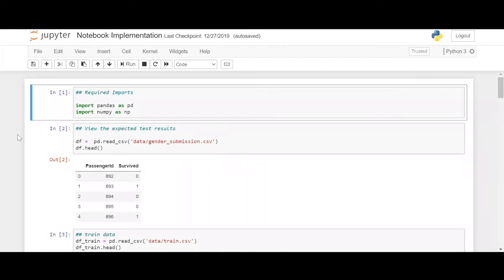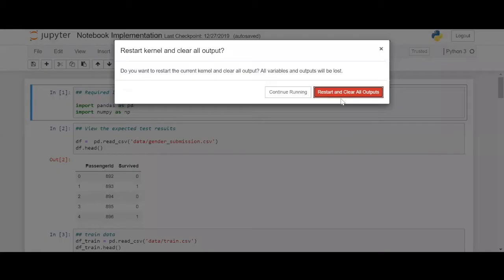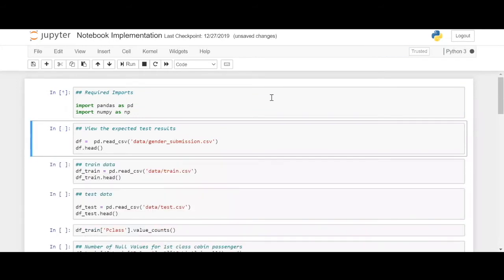Today we will be implementing the Titanic data problem to see how far we can go with whatever we have learned till now. As usual, I just restart and clear the output from the previous session. Yes, so let's go to the old drill. We'll import pandas and numpy library. By now, you must be proficient enough to know why we're using pandas and numpy.